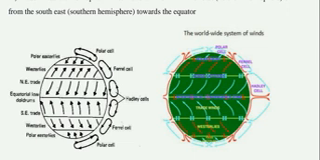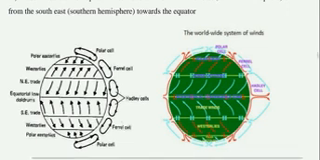Polar cell, Ferrel cell, Hadley cell, Ferrel cell, polar cell. Then polar easterlies, westerlies, trade winds, equatorial low doldrums, trade winds, westerlies, polar easterlies, etc. Thus, the climate of an area is the result of many varying factors that affect the